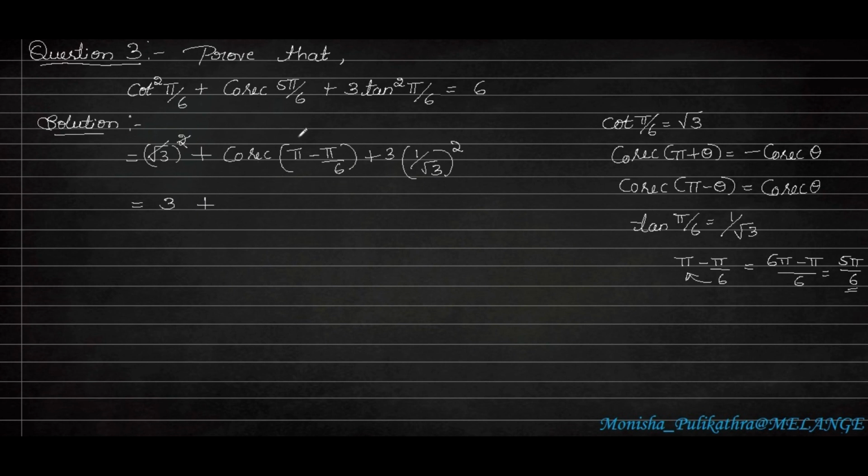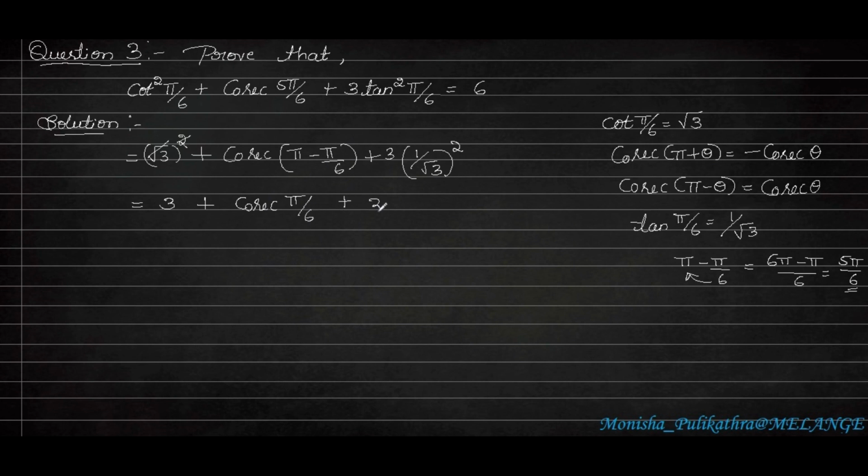So one more formula is there. We know that in the previous problem, we introduced this one: cosecant of pi plus theta is equal to minus cosecant theta. In the same way, cosecant of pi minus theta is cosecant theta. So there is no need of inserting a minus here. If it is pi minus theta, we need to write directly cosecant theta. If it is pi plus theta, then it is minus cosecant theta. So here this is theta, so we can write directly cosecant pi by 6.